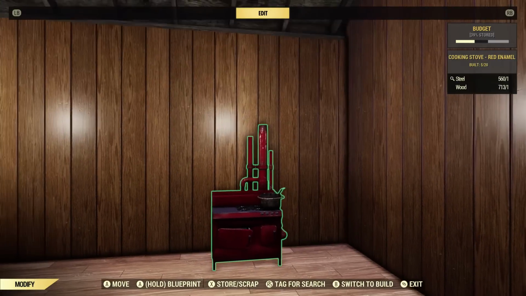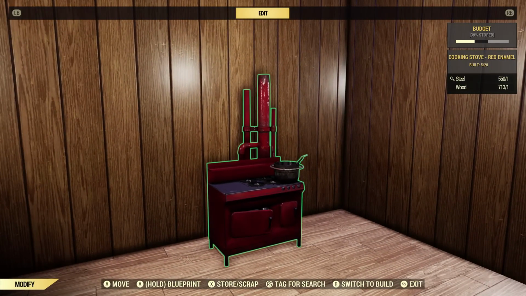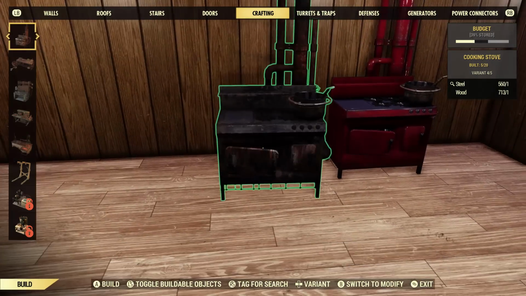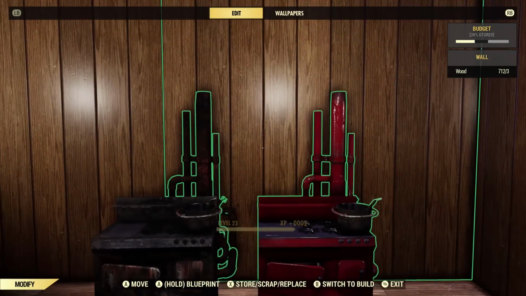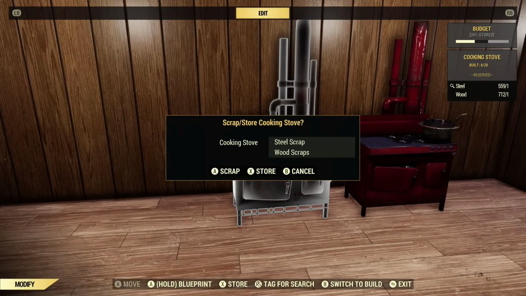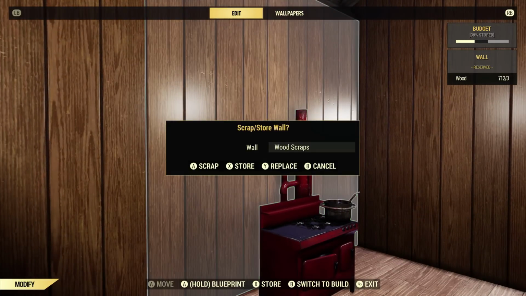So the next thing I'm going to show you is how to get rid of the ugly stovepipe on your stove. And if you don't even have the red version, I mean, that one is even uglier. Sorry, the lighting isn't very good because it's gotten dark since I started recording my video, but it's even uglier. So, I always hated the stovepipe, and recently I realized that if you put your stove right in front